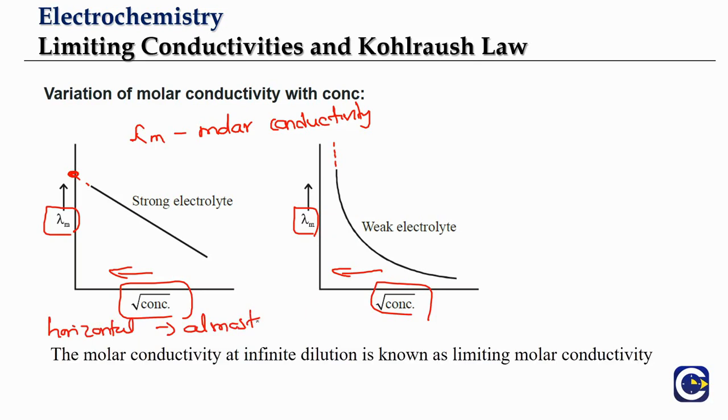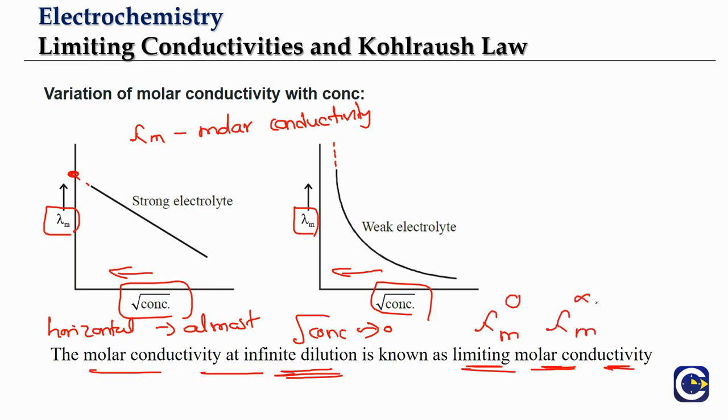Okay, and the molar conductivity, when we have infinite dilution means what? This root of concentration term is approaching almost 0. That is what we call infinite dilution. The molar conductivity at infinite dilution is called limiting molar conductivity. So this is what we were referring to. It is not going to increase forever. It is going to reach some saturation value. So this limiting molar conductivity corresponds to what? It corresponds to when all the 1 mole of the electrolyte particles are dissociated completely. So this is indicated by either lambda m naught or lambda m infinity. So the limiting molar conductivity, either we will use lambda m naught or we use lambda m infinity.